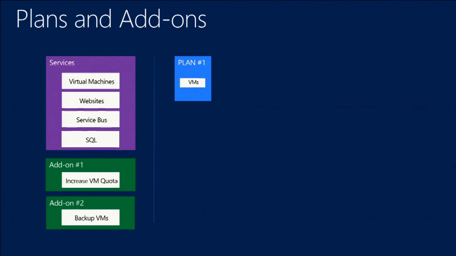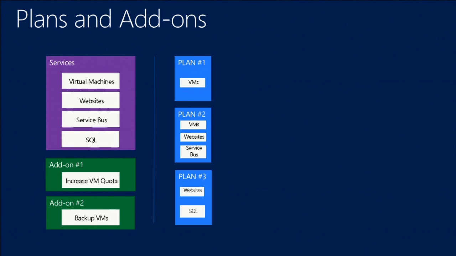So you can have a plan that just has the virtual machines service. You can have another plan that combines multiple services like virtual machines, websites, and service bus. And you can have different services for a different plan. Okay, so like just websites with SQL databases that are backing them up. Okay, and then